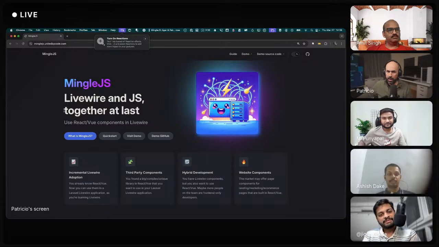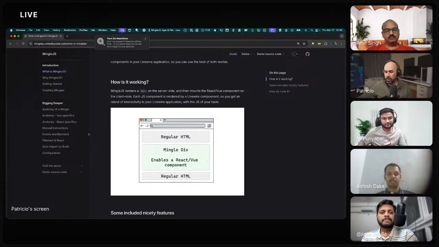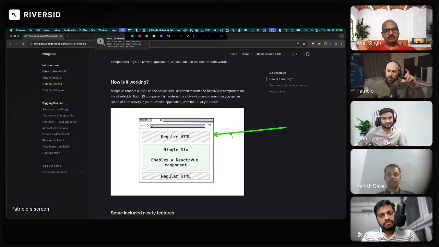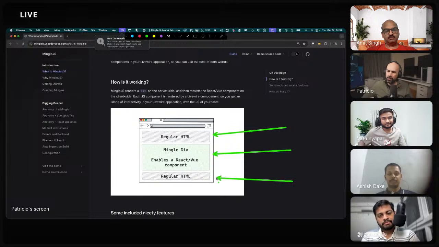Okay. And would you like to jump into a demo, or maybe let's look at how we assemble it? So in a given page, we have a regular HTML portion, and then there will be a div where you can place your JavaScript component, and your page can continue, right? This div will never re-render again.